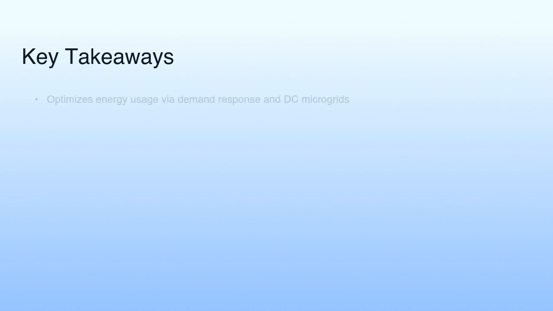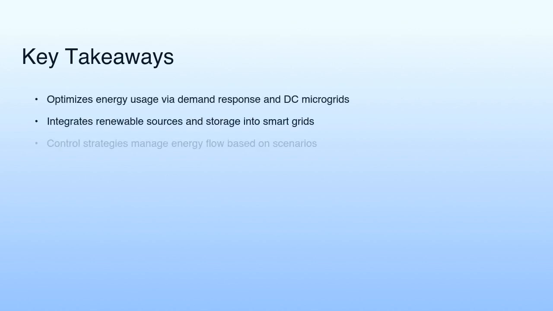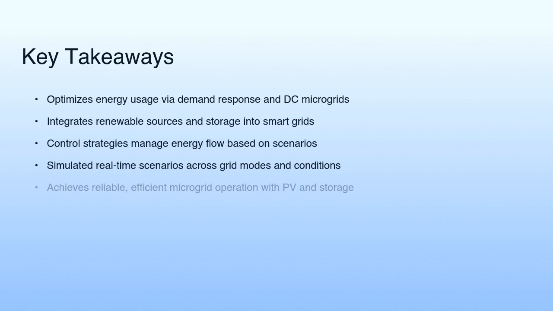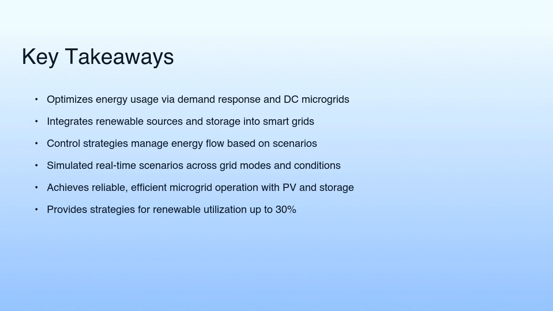The key takeaways include optimizing energy usage through demand response and DC microgrids, integrating renewable sources and storage into smart grids, implementing control strategies to manage energy flow based on scenarios, simulating real-time scenarios across grid modes and conditions, and achieving reliable, efficient microgrid operation with photovoltaics and storage, providing strategies for renewable